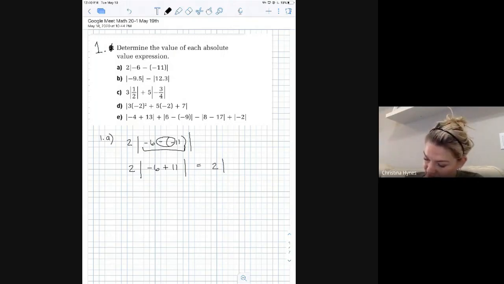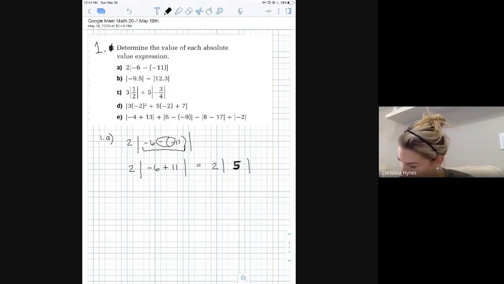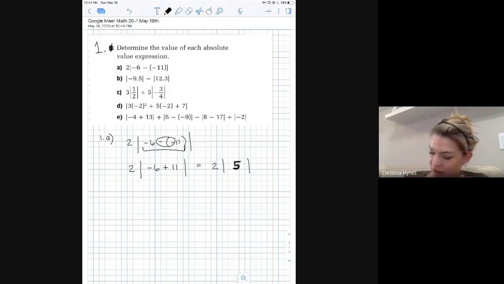And then you'll have 2 within absolute, and then the absolutes, -6 plus 11. So that'll be, what was it? 6, 7, 8, 9, 10, 11, 4. Okay, so that becomes +4. Now, nope, wrong. 5. There you go. My brain is not working. There you go. Okay, so once you evaluate what is within absolutes,